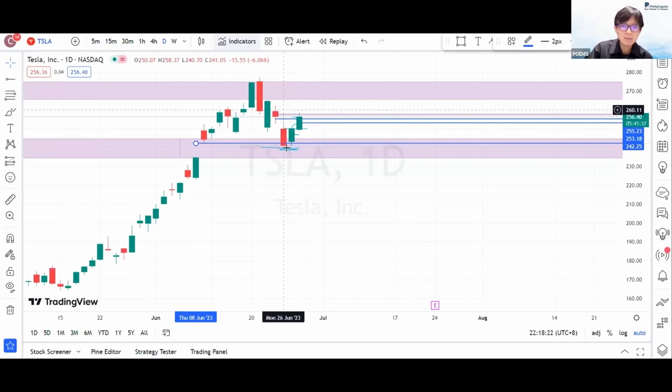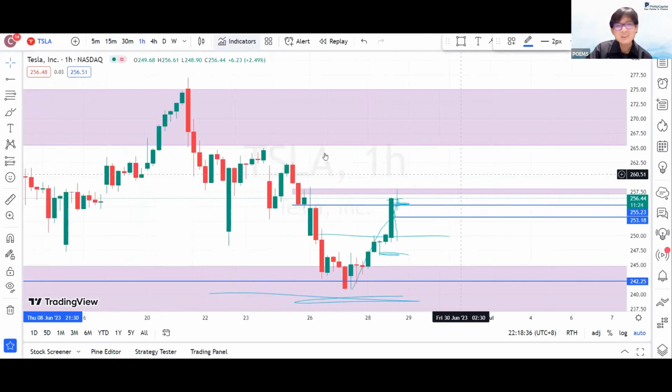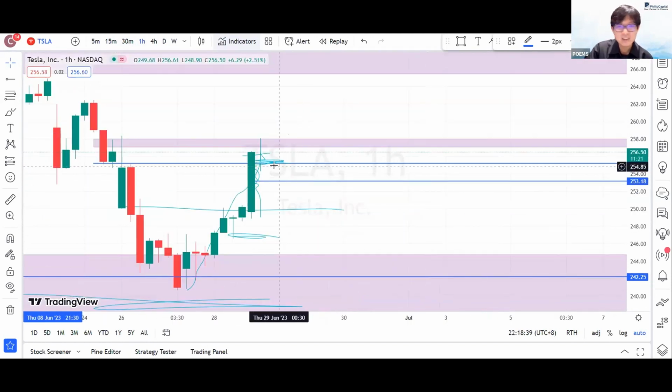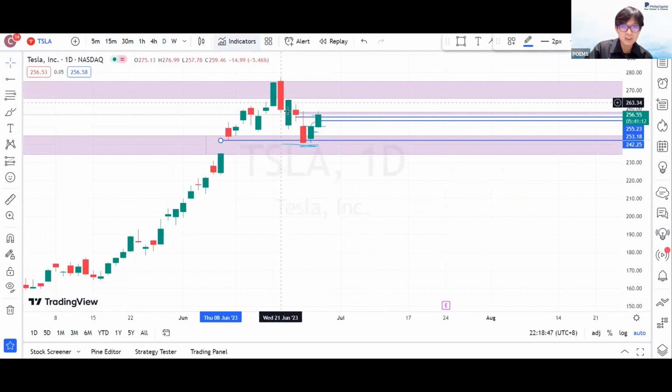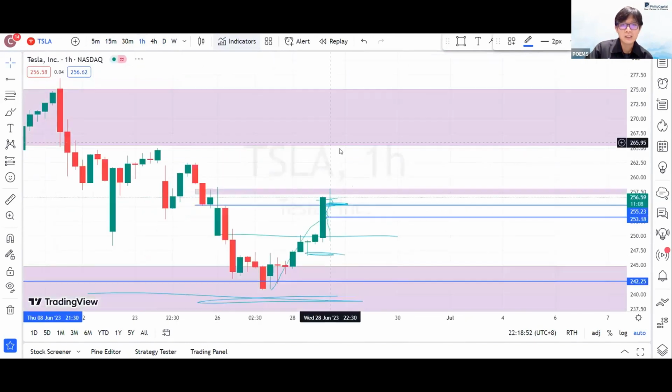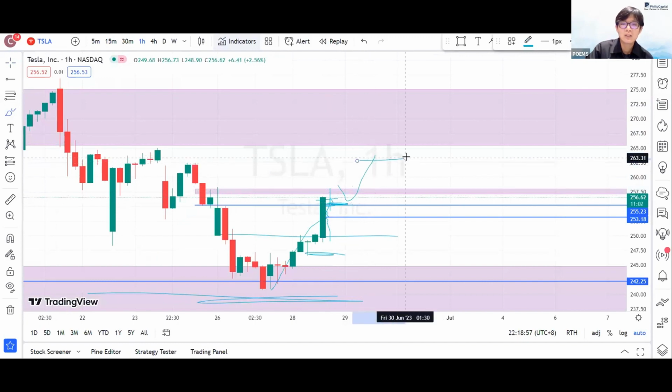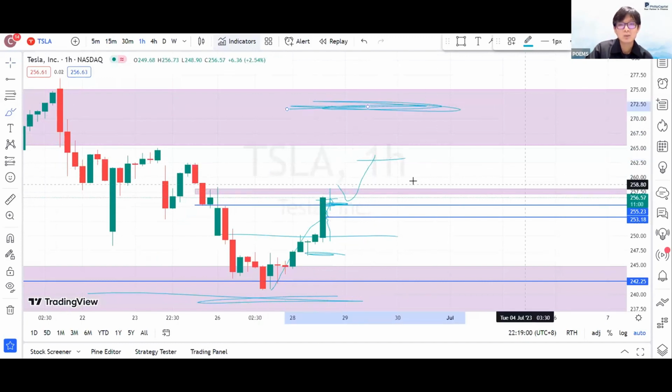This Monday bear movement created a long candle, more than a 10% drop. So what today's candle is trying to do is cover back this candle. But with that being said, if you are intraday, yes, you maybe can catch this from maybe 255 towards 258, 260 level. That's about it. If you are looking at daily itself, you probably see some rejection continuing from this supply level. Another thing that you need to take note of is if price can really hold above 258, then same story, we just wait for the higher low to be formed to create a new higher high, then price can try tapping into this 270 range again.